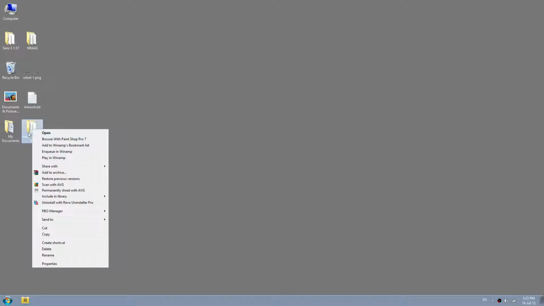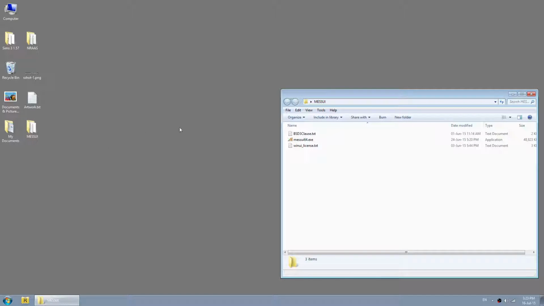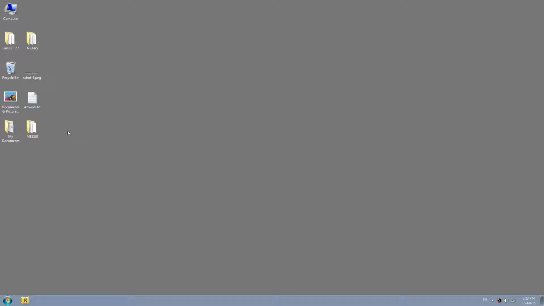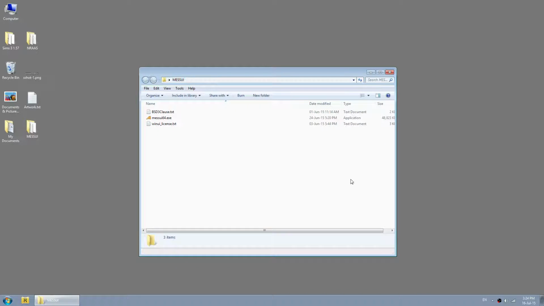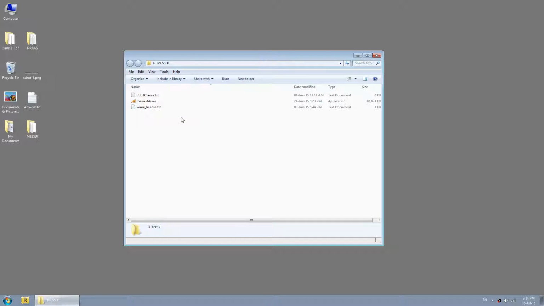So I will open it, but I will rename it just for convenience. We'll type MESSGUI, and we'll leave it that way for now, just to be a bit easier and more comfortable to see. Okay, I will open with enter or with the right mouse button and open. Okay, that's it. So basically our MESS is just one single file now, but don't worry, because you will need to create a few